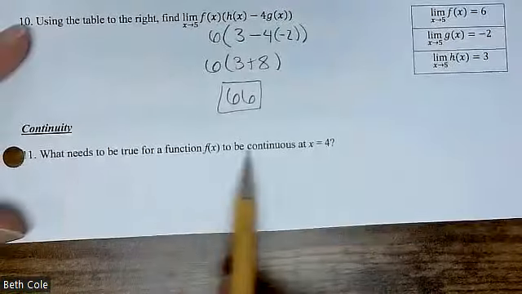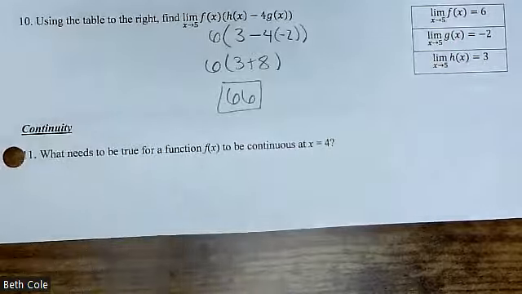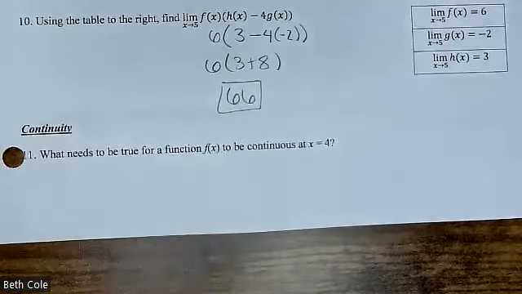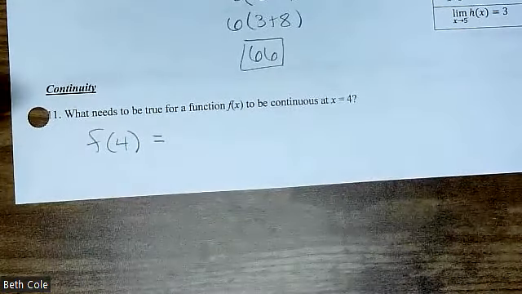All right, continuity. What needs to be true? Let's go through our rules. There's 3 of them. What's the first one? Has to have a point and a limit, and they have to agree. Yeah, connect. They have to agree. Okay. So at 4, f of 4 needs to equal